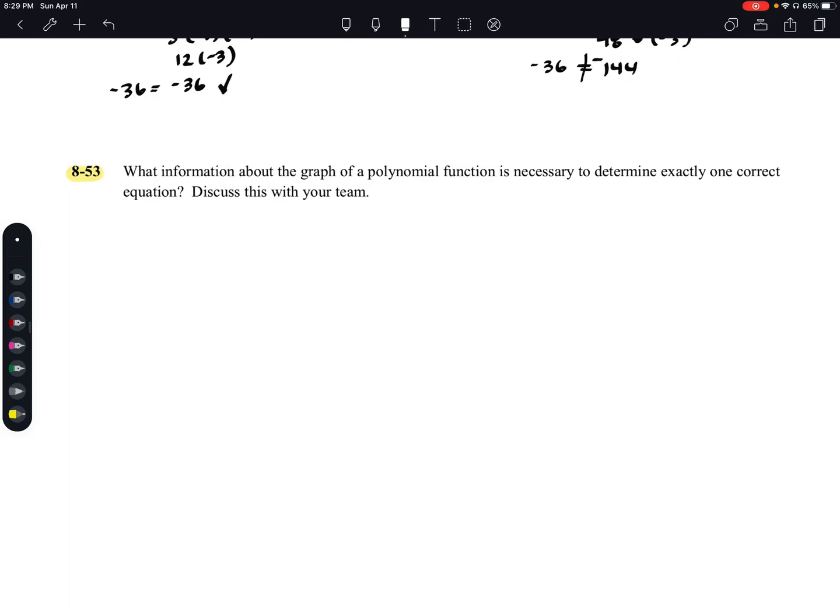Well, obviously there's some things that we definitely need to know. Okay, so some critical information we need to know is,